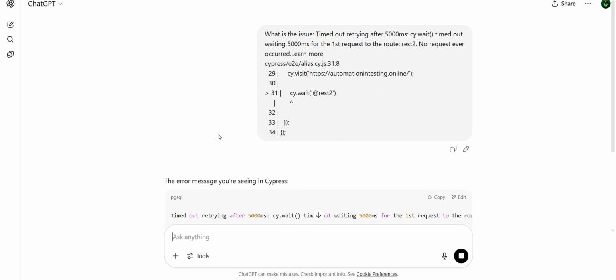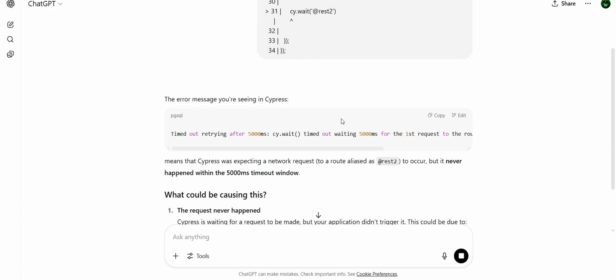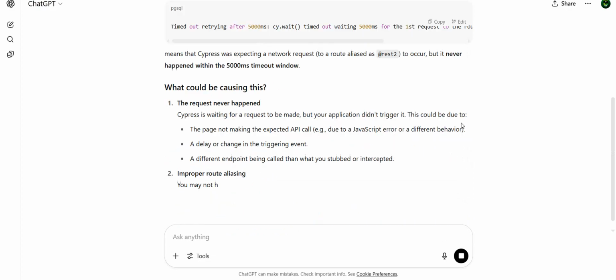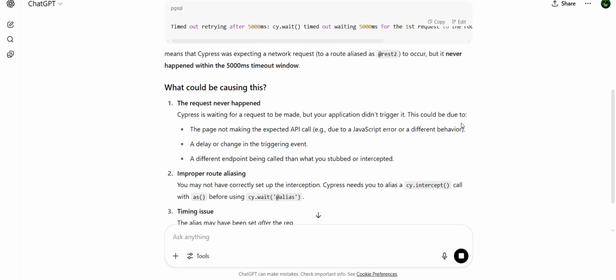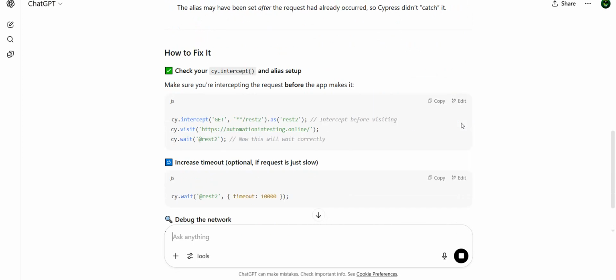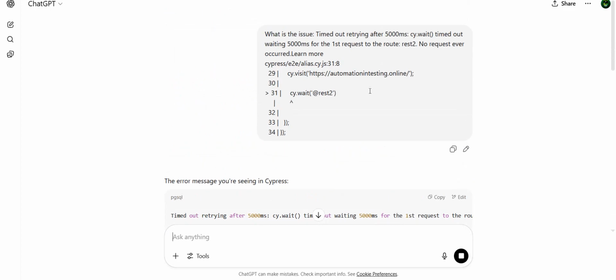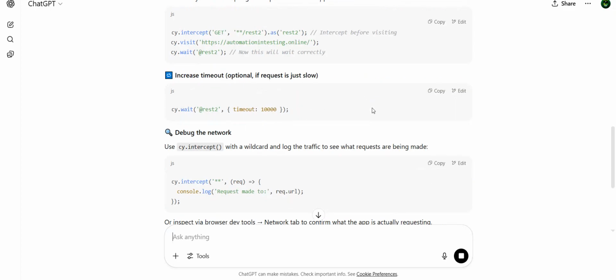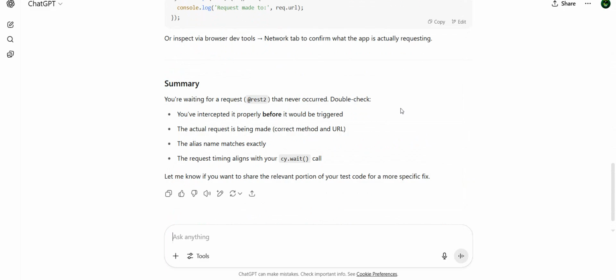So I'm just using it straightforward and trying to see if I can find any real and fast possible solution. So it seems to understand I'm dealing with Cypress, and it gives me a couple of possible options